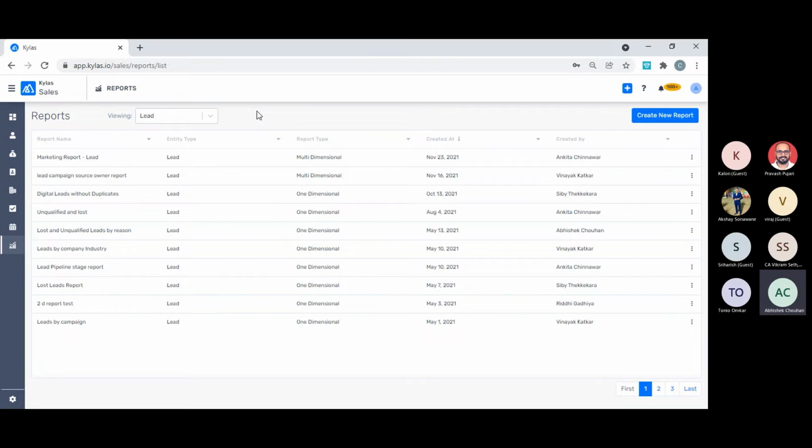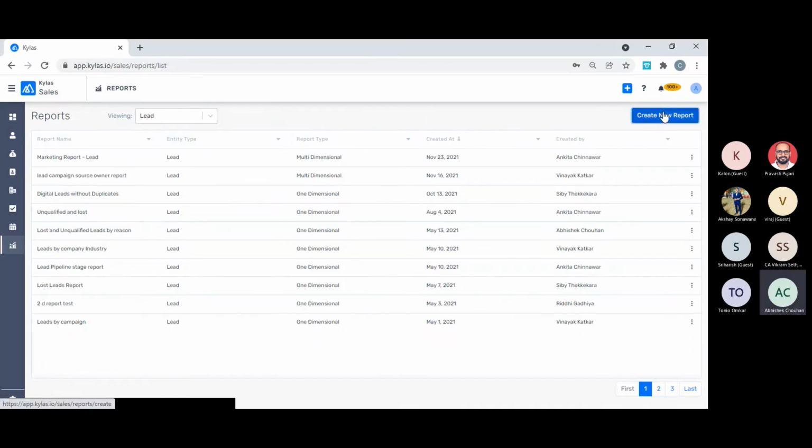So you can create reports by products as well, like how much revenue each product has given you, how many deals are there for each product, how many leads are created for each product. There are several parameters on which we would like to check how the company is performing. Okay, everything can be generated by a report in Kailas.